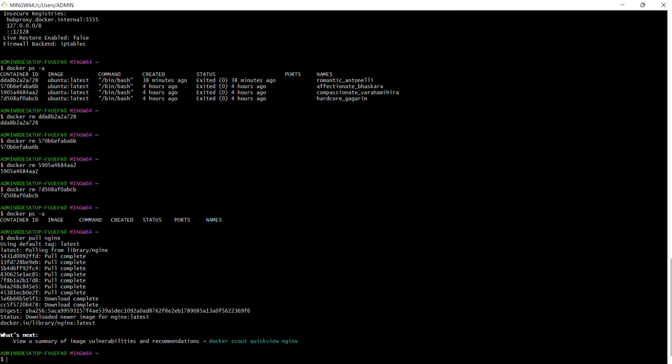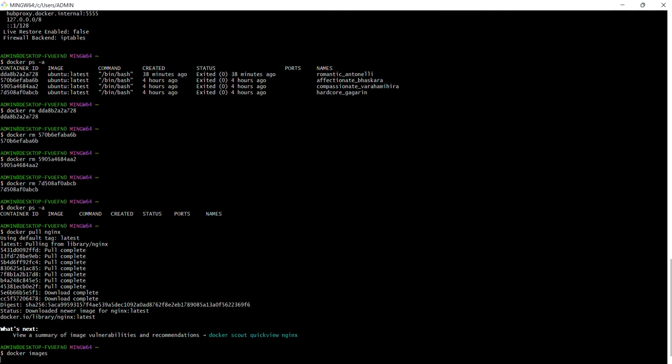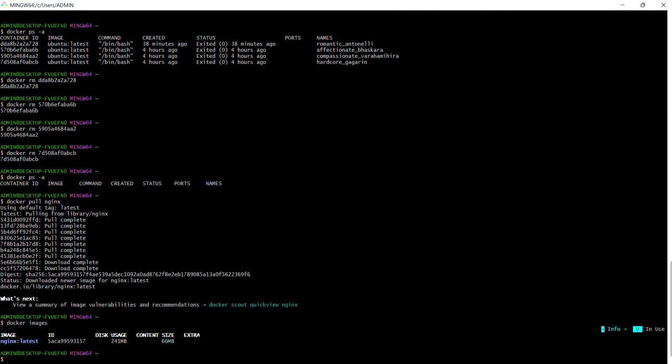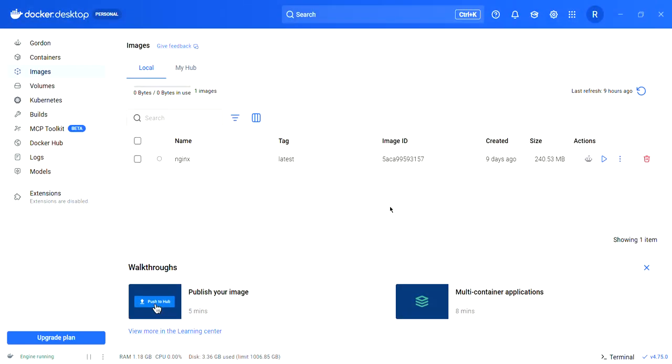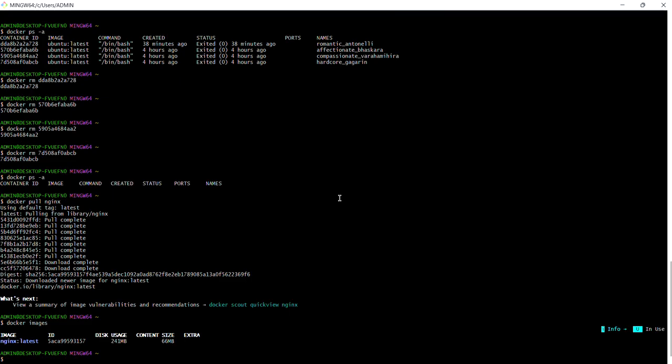Now we will go with downloading the image. Docker image. Previously, what we did, the nginx latest image was showing. So latest.